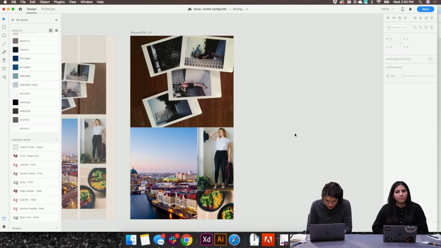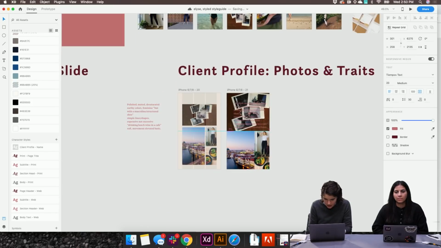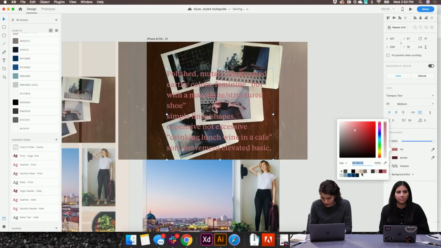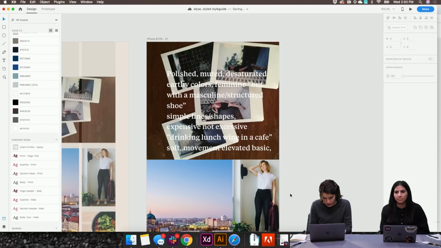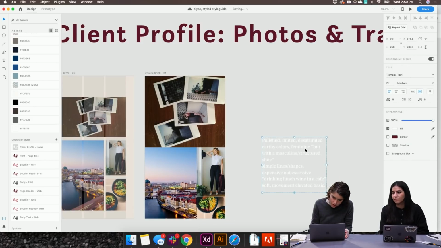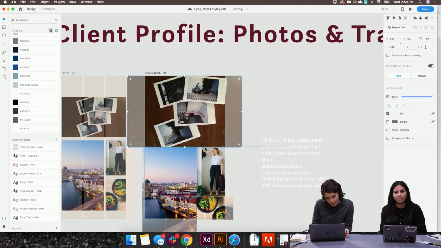And then start to see how the text can fit in. So this is going to need to be a lighter color, I think, to be shown over the photos.